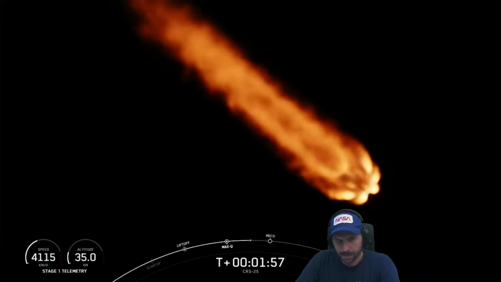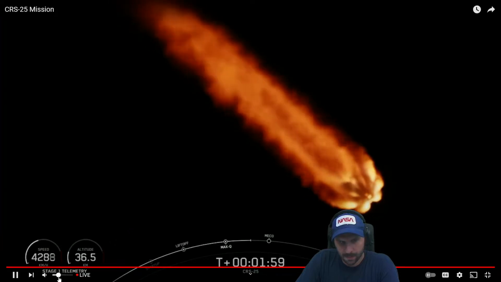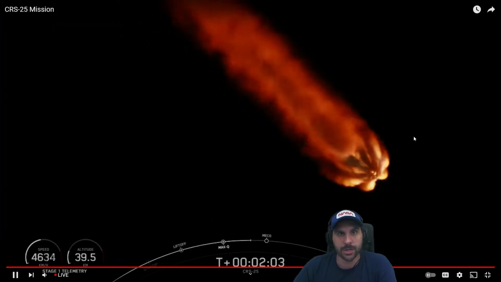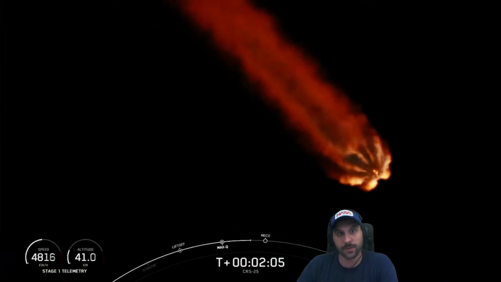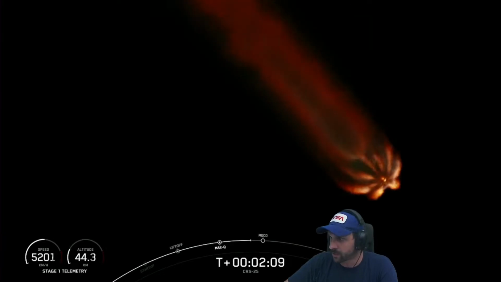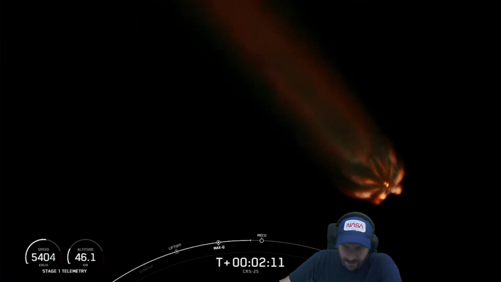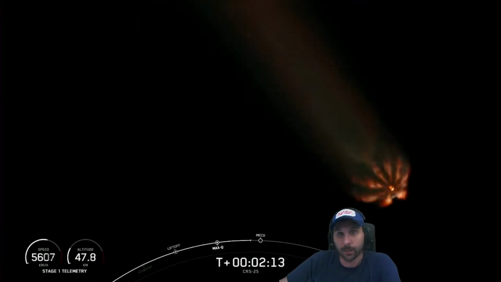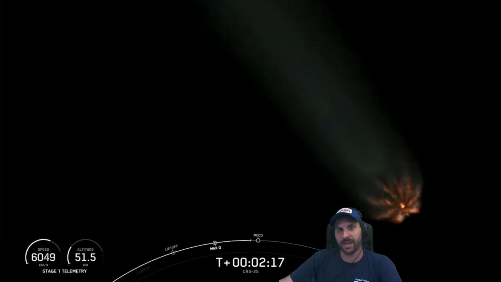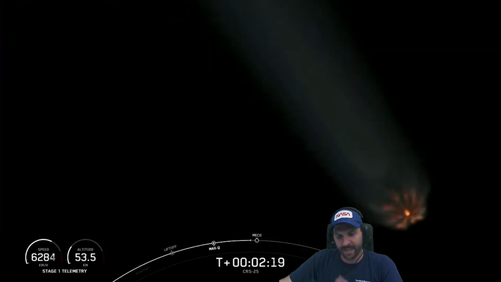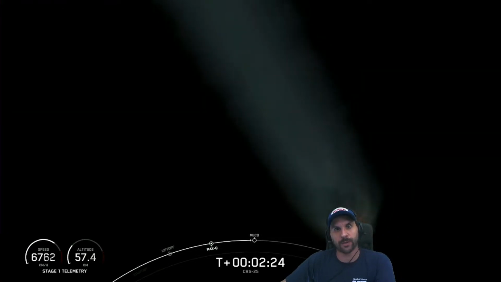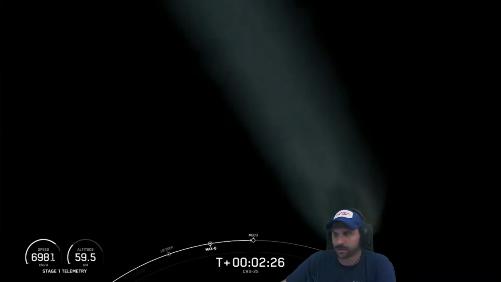We just heard the callout there for engine chill on the second stage engine. So engine chill means that they're running propellants into the second stage engine. They're basically priming the second stage so that when they separate the rocket, they can fire up the engine right away. It also thermally conditions the engine because, once again, liquid oxygen, the propellants are really cold. You don't want to flash liquid oxygen into the engine and have it turn to gas really quick before it gets out the engine. That's probably not good for it.